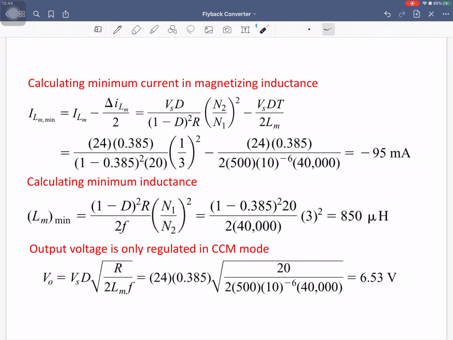Right? So now if I conclude this lecture, what have we discussed? We have discussed the flyback converter in detail, and we have seen its operation for the continuous mode of operation and for the discontinuous mode of operation. That means continuous current in the magnetization branch and discontinuous current in the magnetization branch.